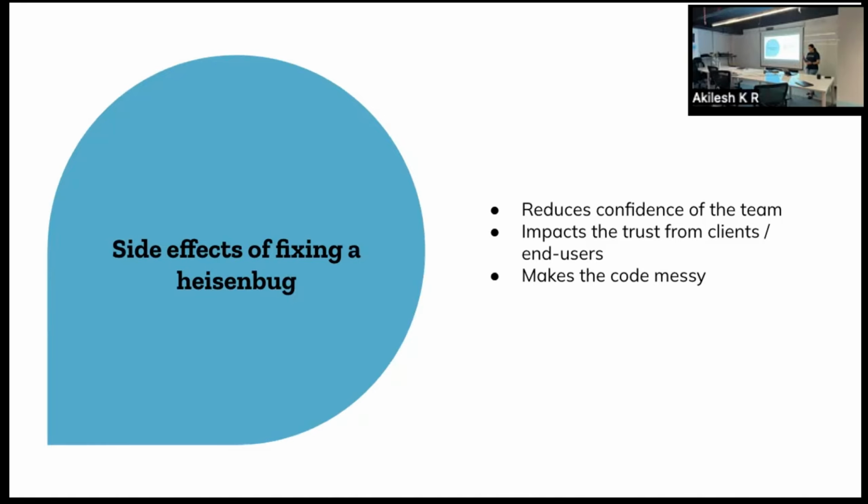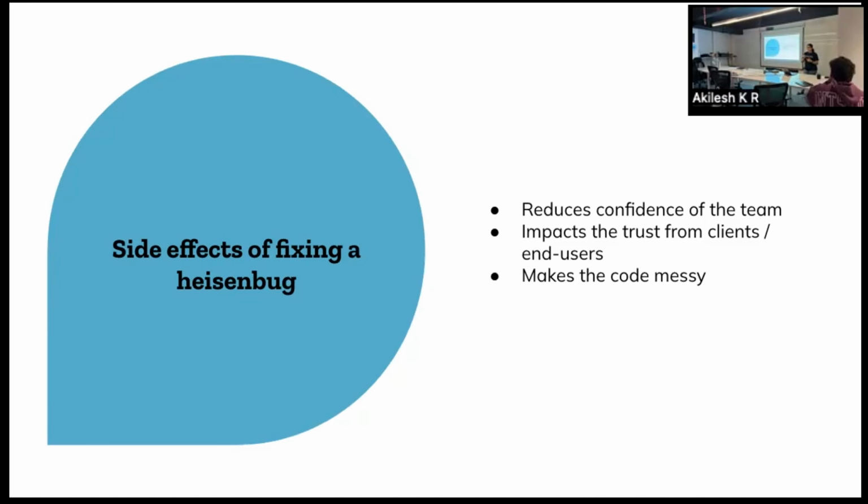The last thing is that it will also make the code messy. Since we don't know why such things happen, we tend to get into the mode of defensive coding. You can see all sorts of methods that span hundreds of lines with multiple if conditions, and no one has a clear idea why such a condition exists. Would I know what will fail if I remove it? That means nobody would dare to touch it and clean it up.